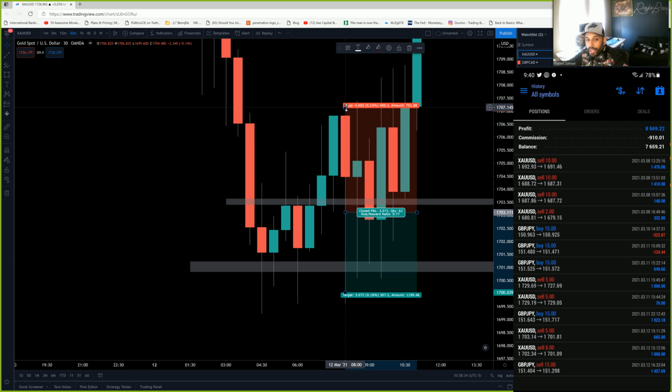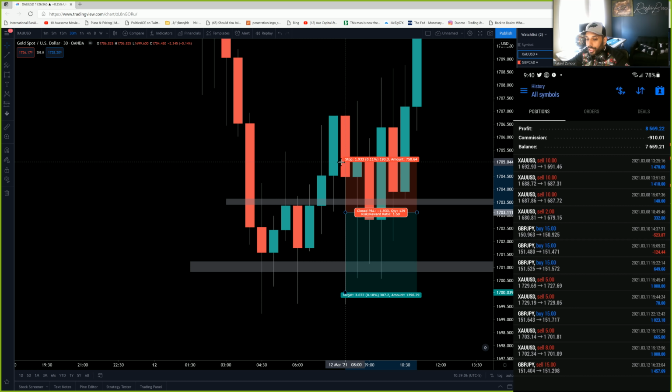Because you've got a smaller range over here. So my idea was, okay, if we have this fake out, right? A fake out means that price started to break up, and then once it started to break back down, it means it tried to continue moving bullish, but for some reason it couldn't. If you look at the fake out section in the unlearn and relearn section in the market fluidity database, you know that whenever a fake out happens and we cannot maintain bullish momentum, there's a very high probability it's going to go down to the other end of the range, which is our 1700 level. So I kept my stops within this range, somewhere around 20 pips, 15 pips,